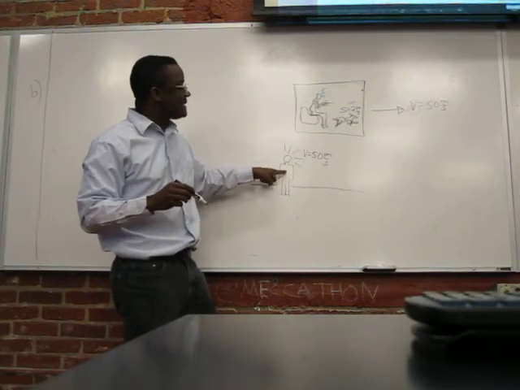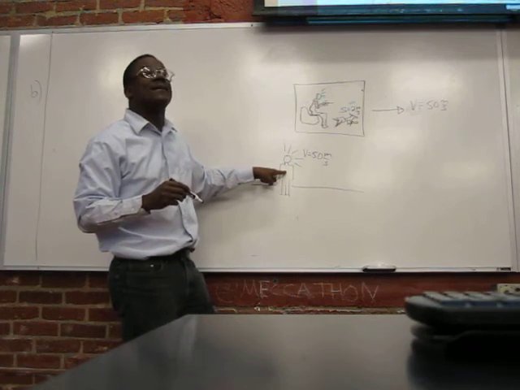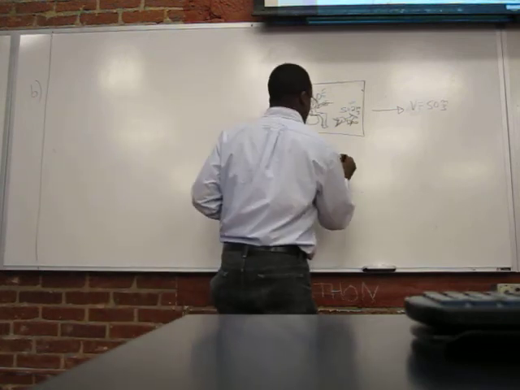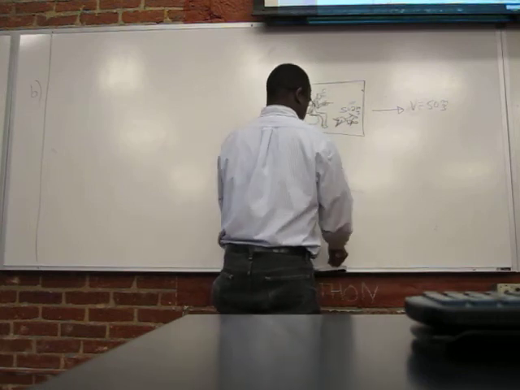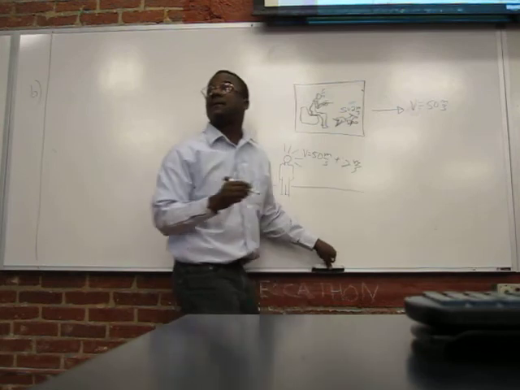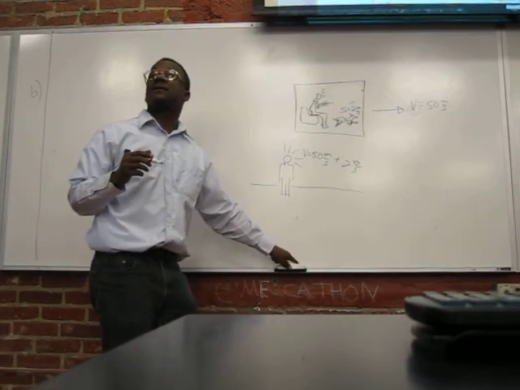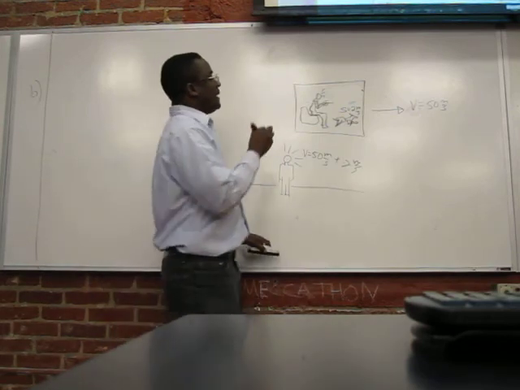All right. How fast does this guy see him going? 52. That's 50 plus 2. Yes. Somebody ask a question? Okay. All right. So now